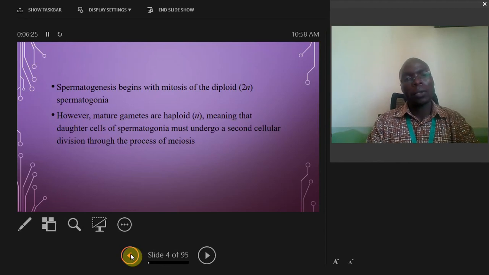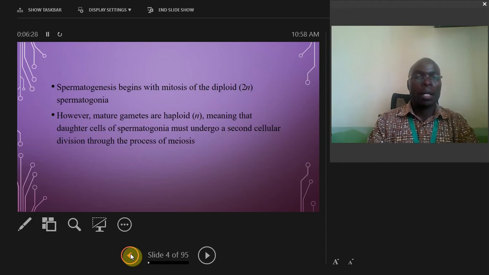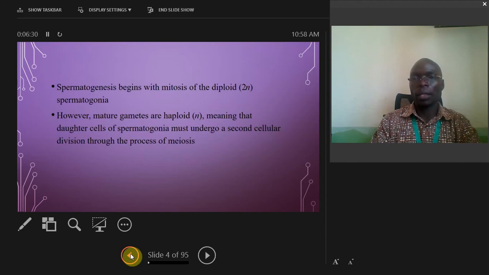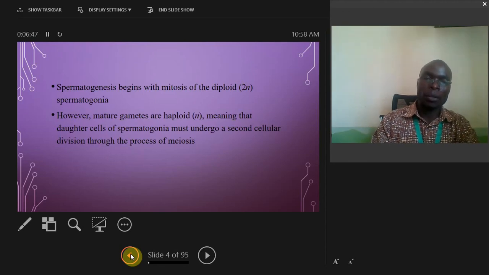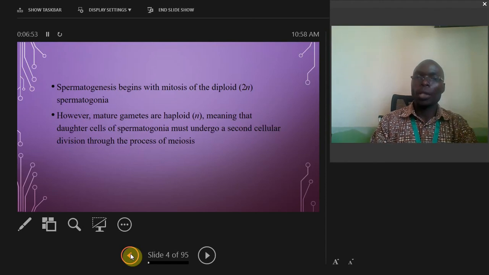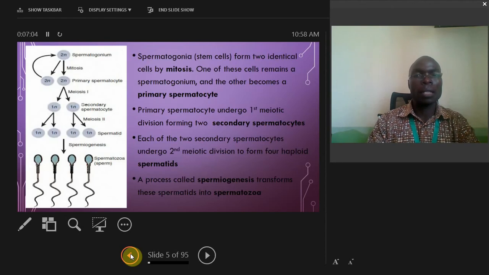Now, I need to note that mature gametes are, however, haploid and not diploid. That means that the daughter cells of spermatogonia, or the cells that result from the initial mitotic division of a spermatogonium, must undergo a second cycle of division, which is meiosis. So that at the end of the day, we have sperm cells which are haploid rather than diploid. So basically, this is the